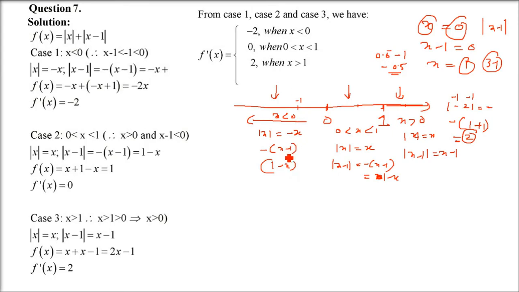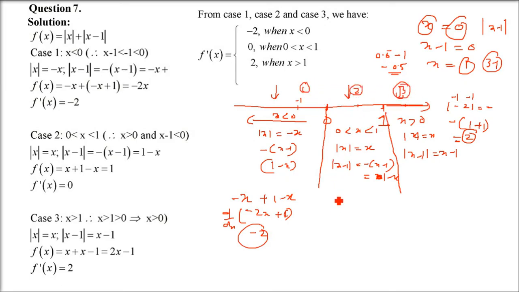Okay. So now these are three partitions. Now we'll put the value in mod x plus mod x minus 1 depending upon the scenario. Three ranges I am taking. When x is less than 0, it will be minus x, and x minus 1 is again minus, so 1 minus x it will be. So what do you get here? Minus 2x plus 1. And when we take the differentiation, only minus 2 will come, because d by dx of x is 1 and 1 is of course 0. Minus 2.